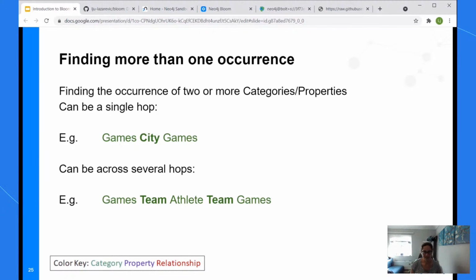And there's another thing you can do as well. So we talked about finding more than one occurrence. You can search for an occurrence of more than one thing happening. What I suggest you do is use this concept, which I like to call a pivot point. So your pivot point is the thing you're asking, does this thing have more than one